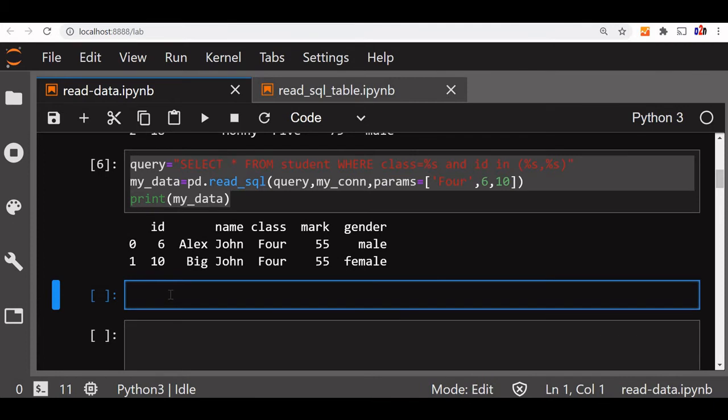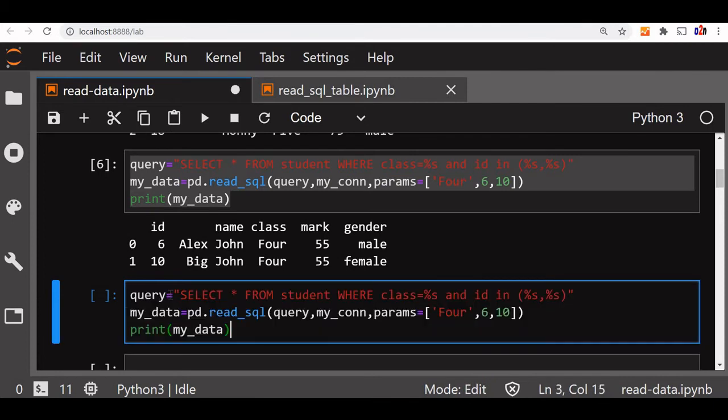We'll add an index column. So we'll copy the code and paste it here. This time we'll go for class equal to, say, 5, no more parameters we are using. So here we'll remove all these parameters up to this. Fine. Now you must have seen here that the data frame adds its own index.